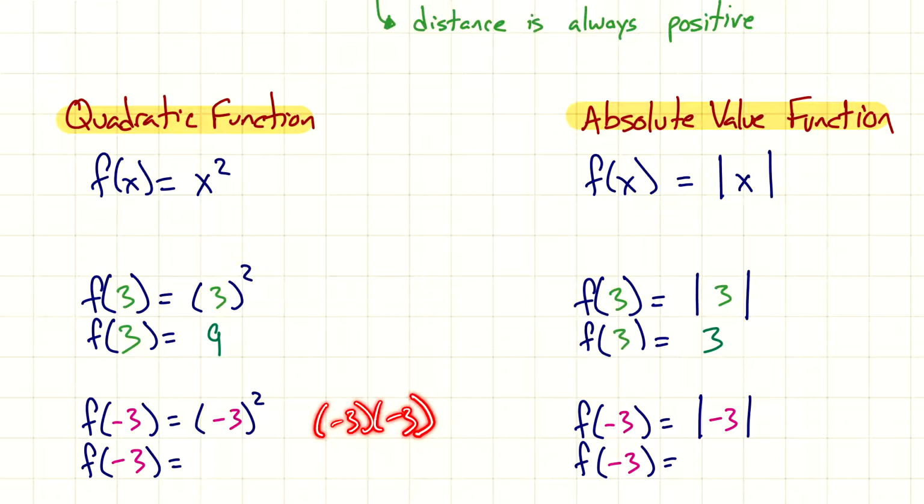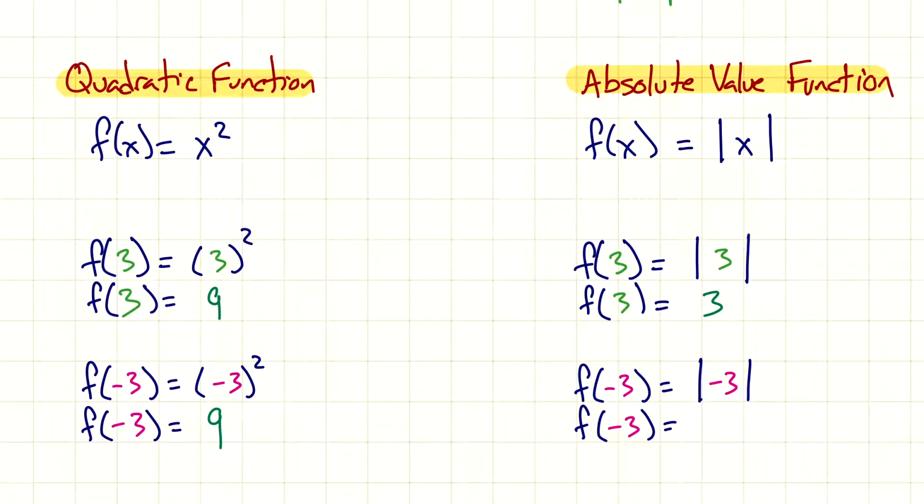Negative times a negative is positive, so that'll give us, again, a positive 9. You'll notice it didn't matter if we plugged in a positive or negative, we still ended up with a positive 9. So similarly with the absolute value function, if I plug in a negative 3,